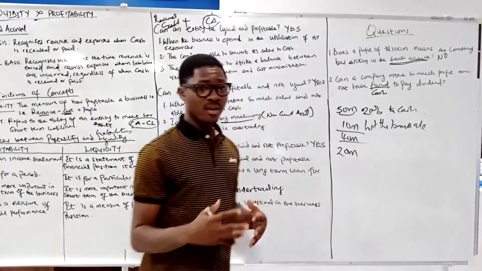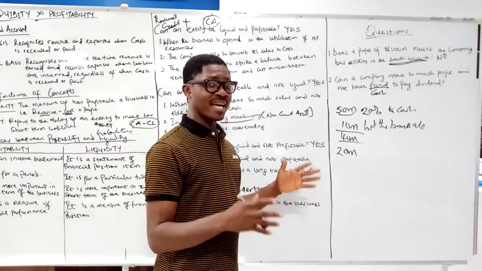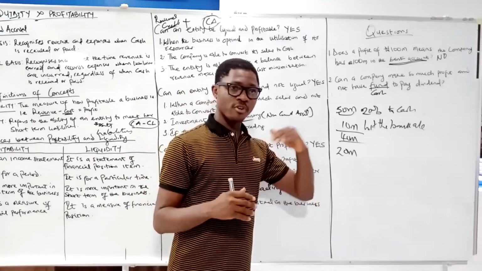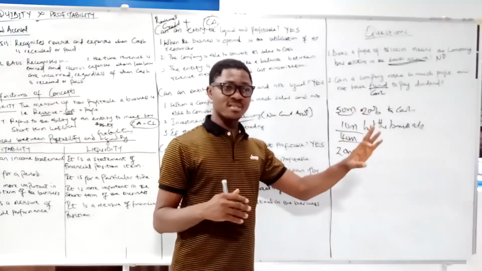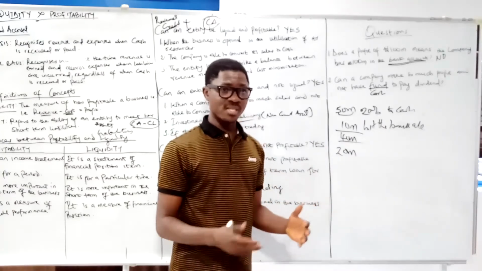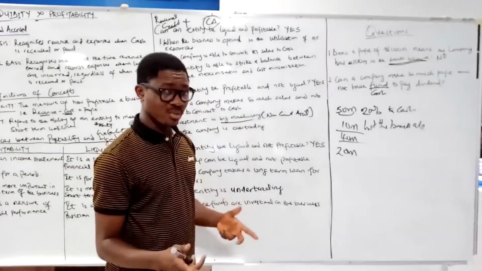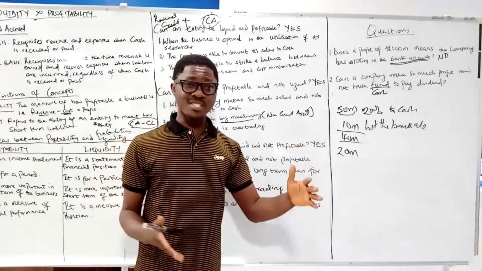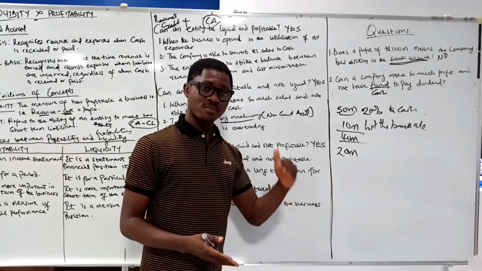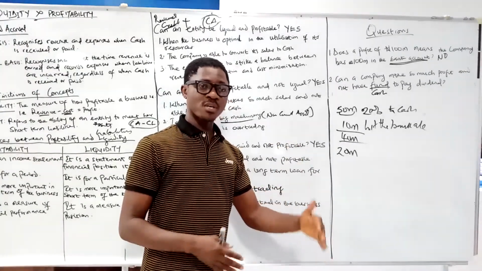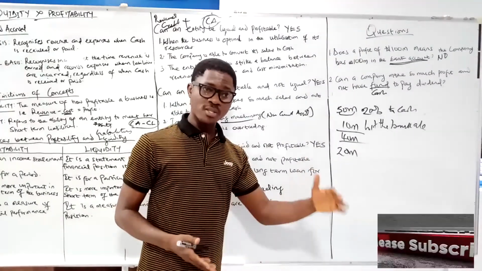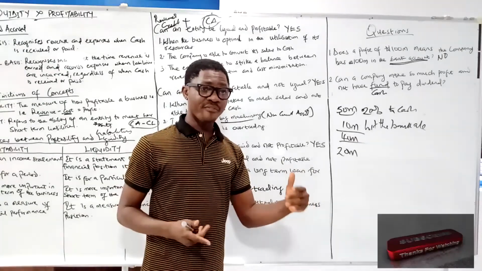I hope the two concepts of liquidity and profitability are very clear, starting from the accrual and the cash basis explanation, to the definition of the two concepts, liquidity and profitability, to the differences between the two concepts, and to the responses to the three questions I mentioned at the beginning of this exposition. Can a company be liquid and profitable? Can a company be liquid and not profitable? Can a company be profitable and not liquid? I hope you find all these responses very, very useful.